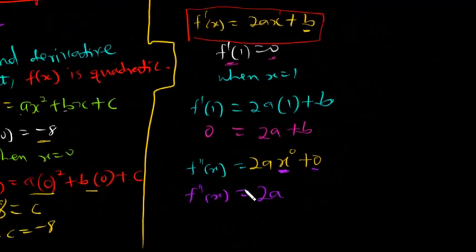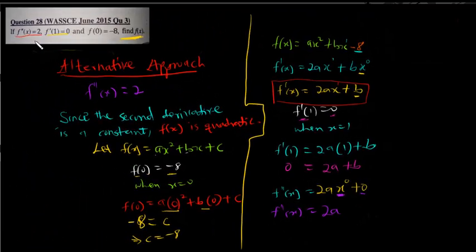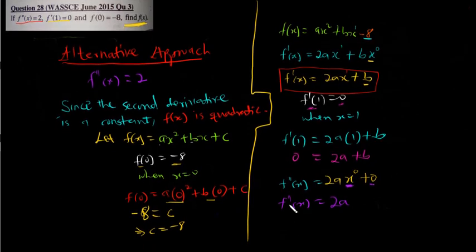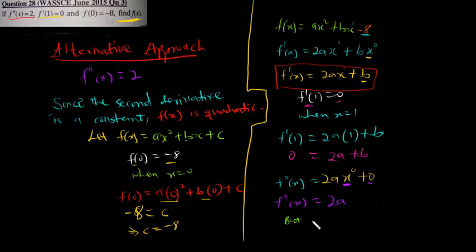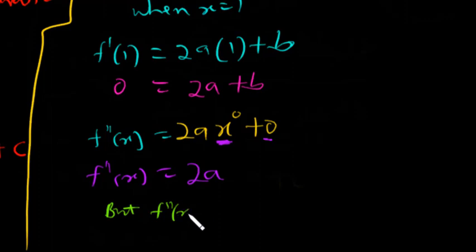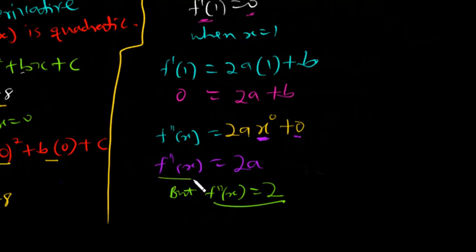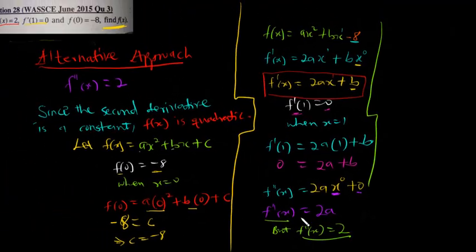But what do we have from the third equation, that is f double prime of x equals 2? So the whole of this is f double prime, and here we also had that f double prime of x equals 2a. So what does it tell you about the value of a? Well, the value of a is 1. Why? The value of a is 1 because,